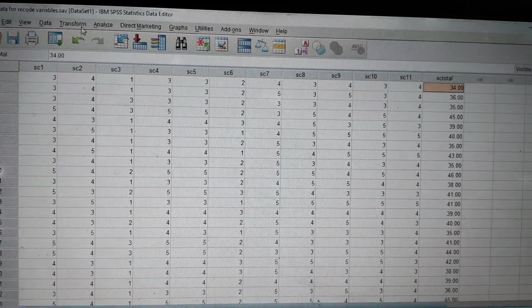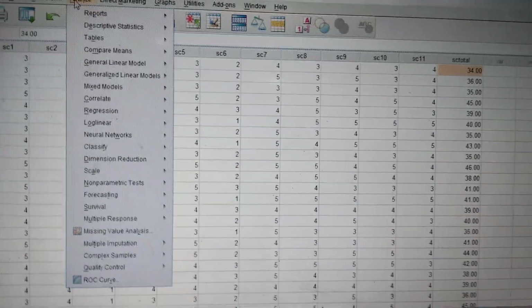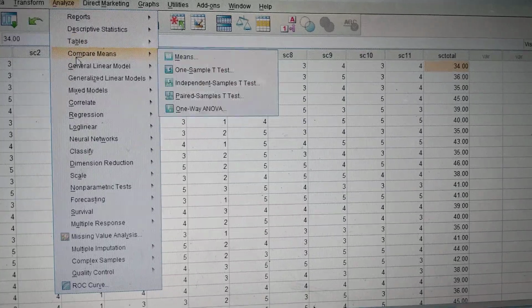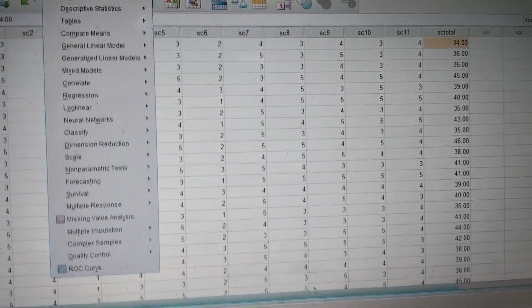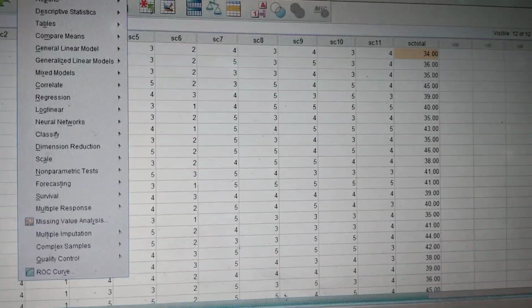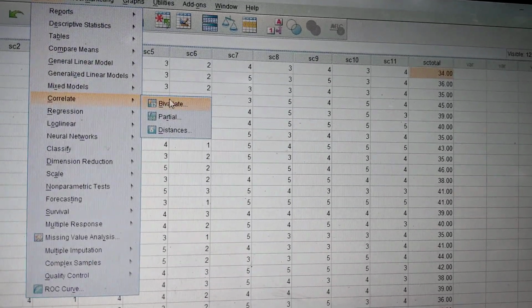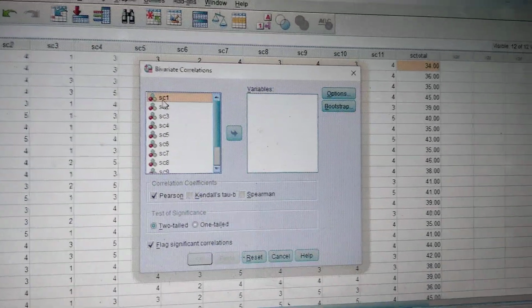So now the task is to check the item total correlation or validity analysis of this scale. In order to check this item total correlation, click this Analyze key, then go to Correlate and click on Bivariate.